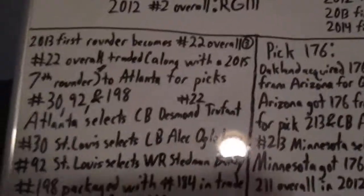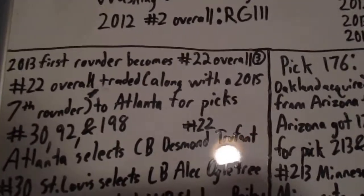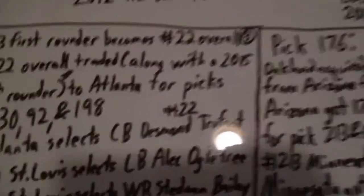He was like a practice squad player. He gets cut, called up, cut a second time. They tried to put him on the practice squad, but the Eagles actually claimed him to stop the Patriots from getting him. So after that, we get to